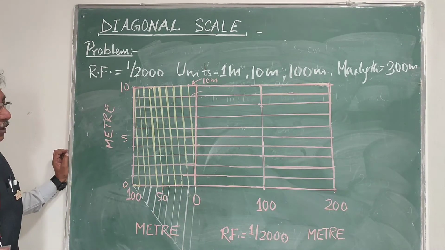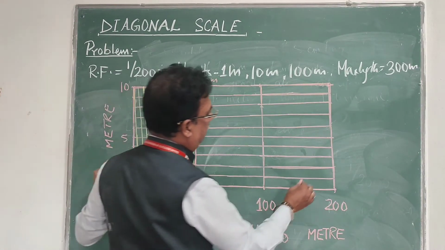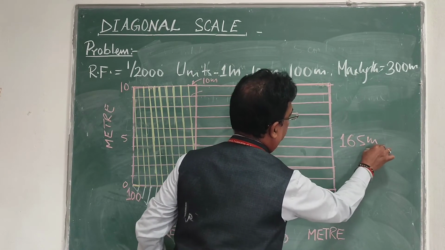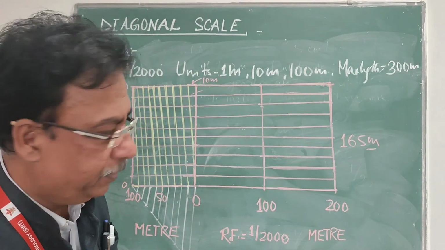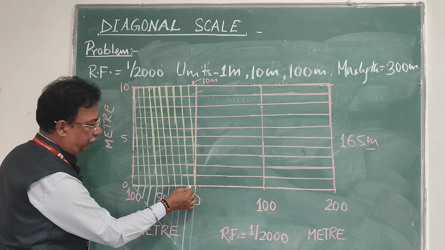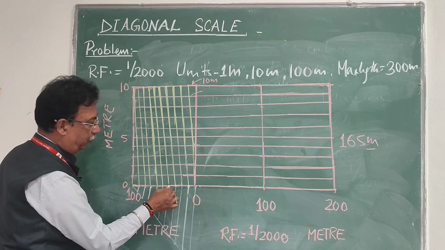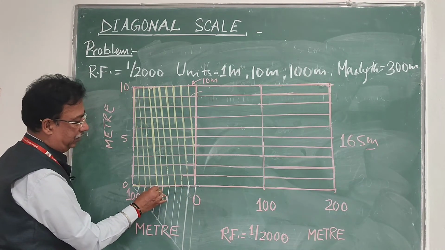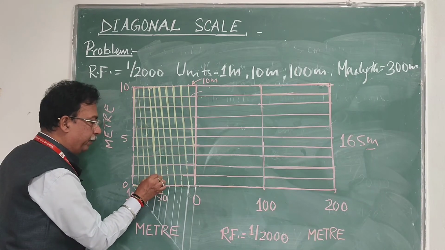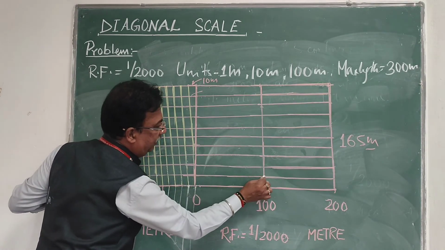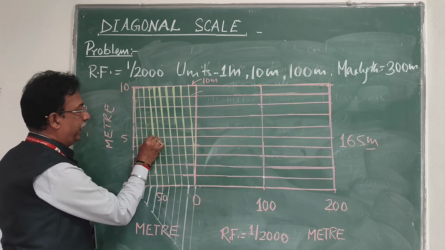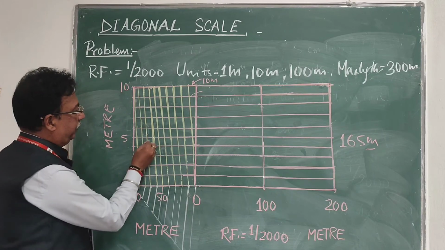Suppose I want to measure a length of 165 meter with the help of this scale. Now look at this. From 0 to 100 will be 100 meter. Now if I move towards the left, then 1, 2, 3, 4, 5, 6, so this will be 160. If I go on this inclined line, that is the yellow line, 1 up, so that is 161. So if I go 1, 2, 3, 4 and 5,